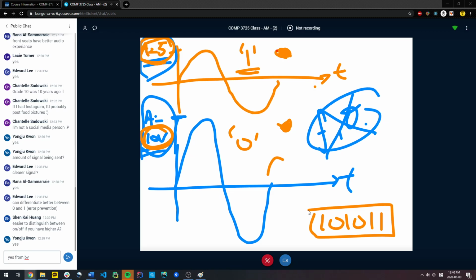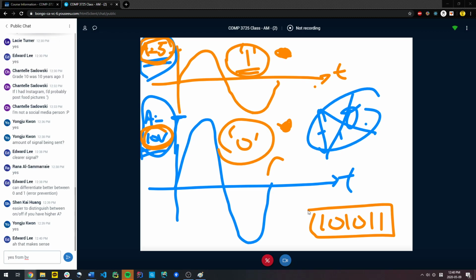And then I can do the same for phase shift. I can do the same for frequency. So there are many degrees of freedom I can use to manipulate the sine wave to achieve the sending of ones and zeros in my system. Does everybody get that? There's a lot more to it, and I'll slowly decipher that for you.